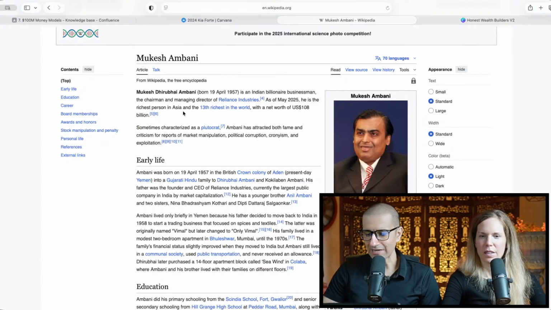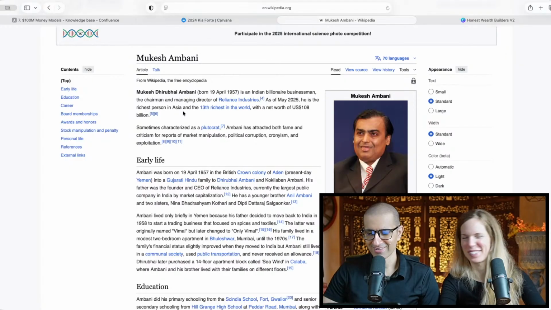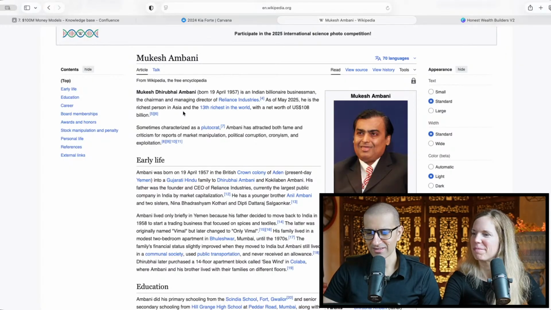So, Juniper, what can we learn from him and apply in our land investing business? Well, there's a lot to take away from Mukesh Ambani's playbook. One big lesson is the power of diversification. He didn't just stick to one sector. He took what his father built and expanded into new industries. For your land investing business, that might mean looking at different types of properties, different regions, or even different revenue streams, like adding complementary services.